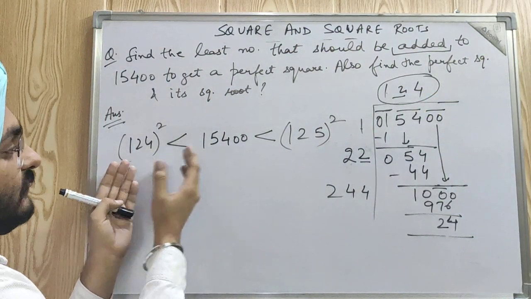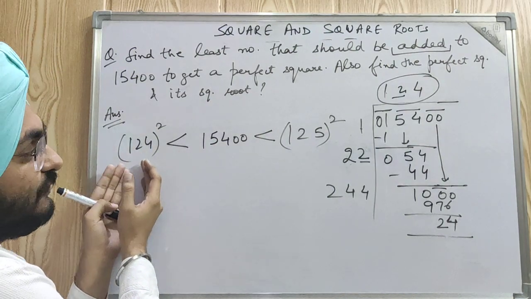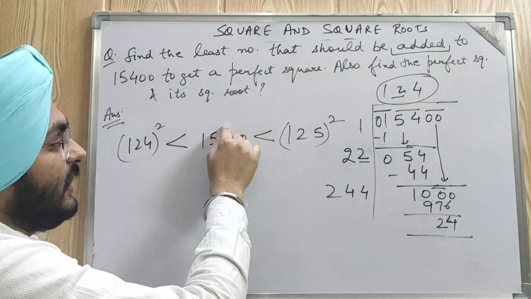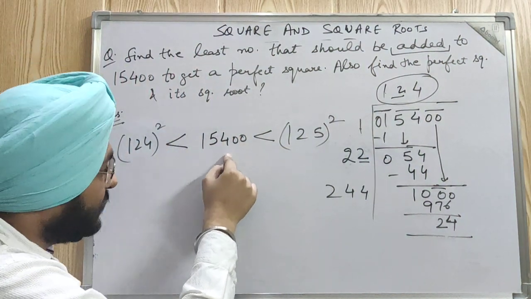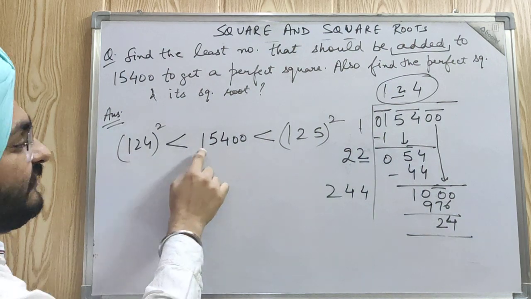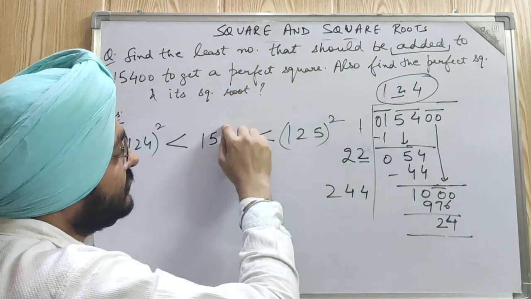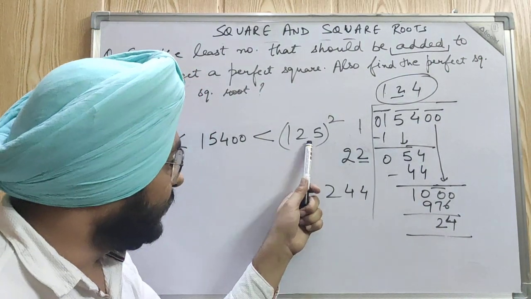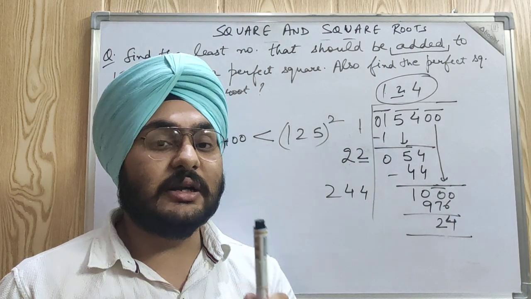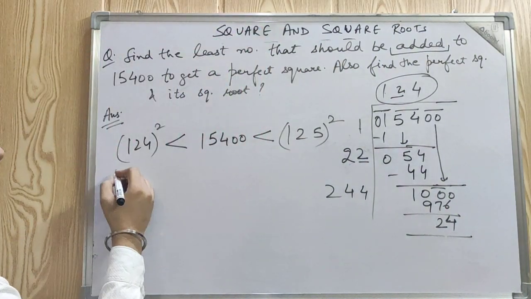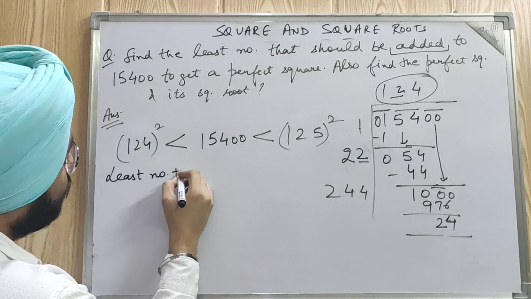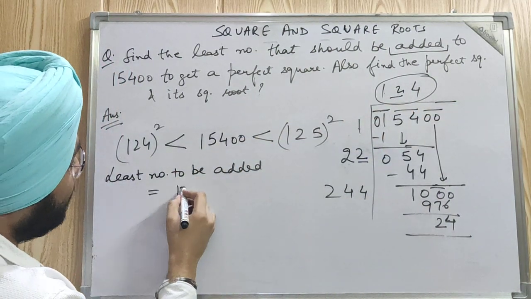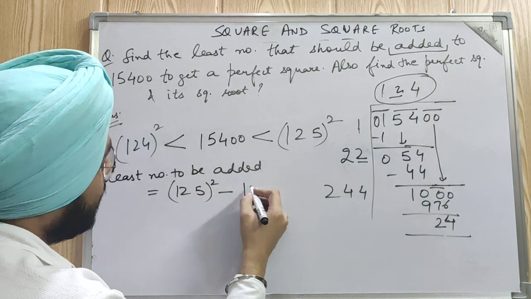It means 15400 lies between what? 124 square and 125 square. Okay. If I subtract something from 15400, I will get 124 square. And if I add something to 15400, I will get 125 square. It means we have to reach 125 square. So the least number to be added to 15400 to get a perfect square will be 125 square minus